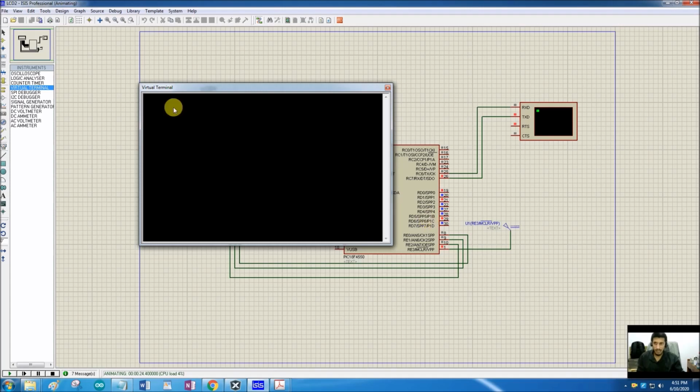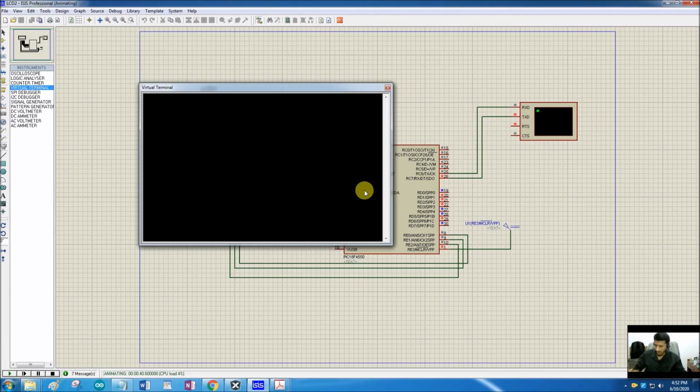You can see that nothing is being displayed here. That is the property of the terminal. So whatever I type in this terminal is not displayed, but something is being received and something is being displayed on this port. Whenever I press a button, you can see that these values are changing.